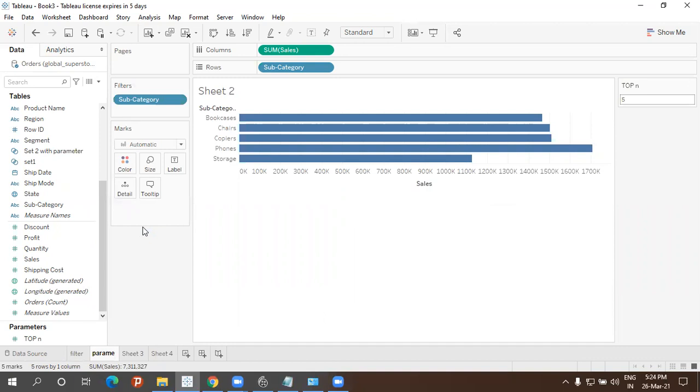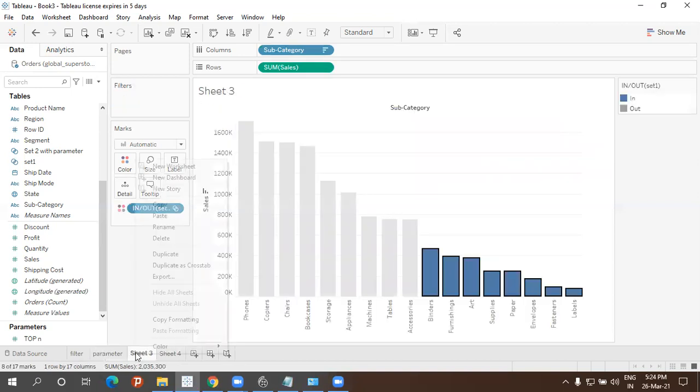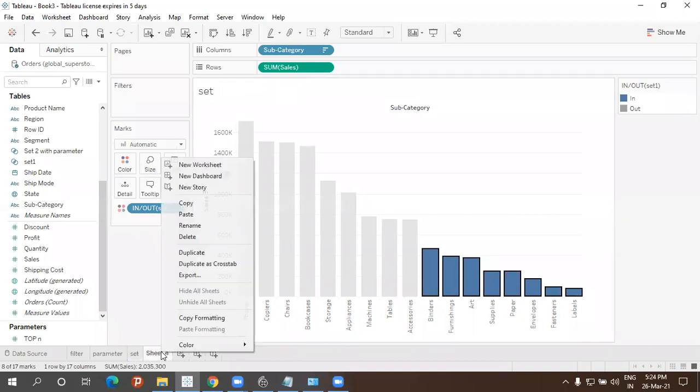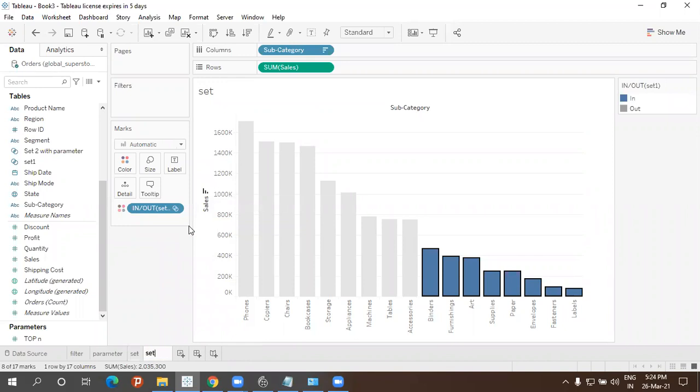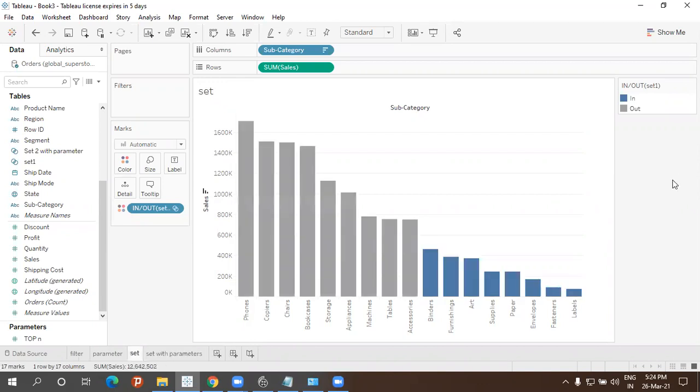So the parameter is a very useful tool when you're creating a dashboard for them. So for them, it will be very easy. UI means user interface. Whenever they want, they can change the ranges; we are giving custom filters for them based on the values we are specifying. Okay, and this is sets. The fourth one we have done is called sets with parameters. Clear?